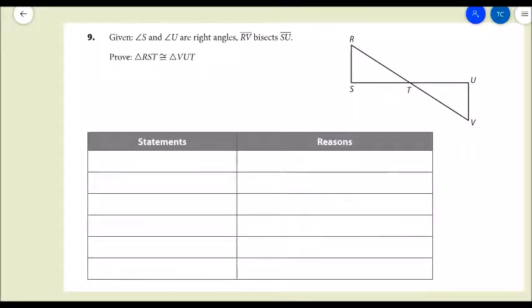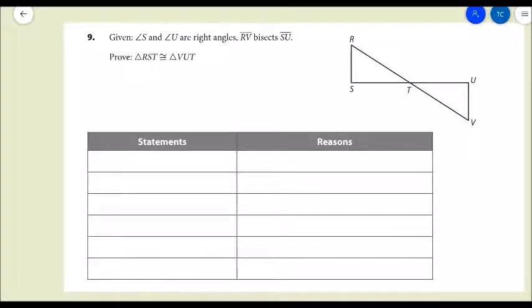All right, so let's have some fun. It's proof time. Now, when you're doing a proof like this, I like to start out just informally and see how I'm going to do this. I need to prove that triangle RST is congruent to triangle VUT. And for that, I'm going to use angle side